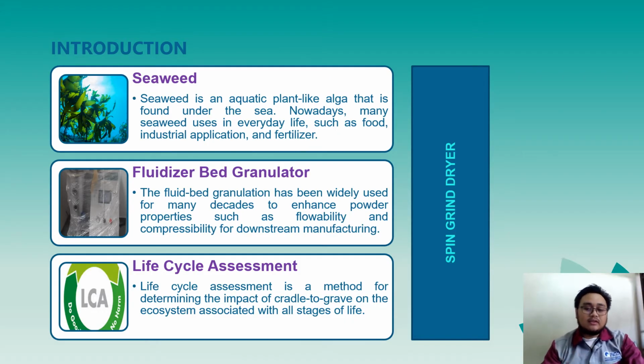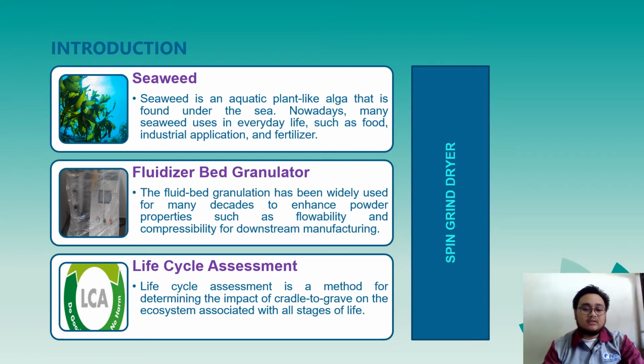First, this is the introduction. I will talk about seaweed. Seaweed is an aquatic plant-like alga that is found under the sea. Nowadays, much seaweed is used in everyday life such as food, industrial application and fertilizer. Next is the fluidizer bed granulator. The fluid bed granulation has been widely used for many decades to enhance powder properties such as flowability and compressibility